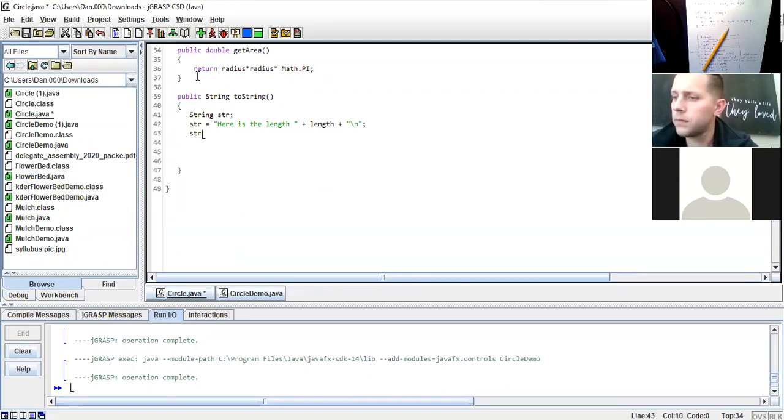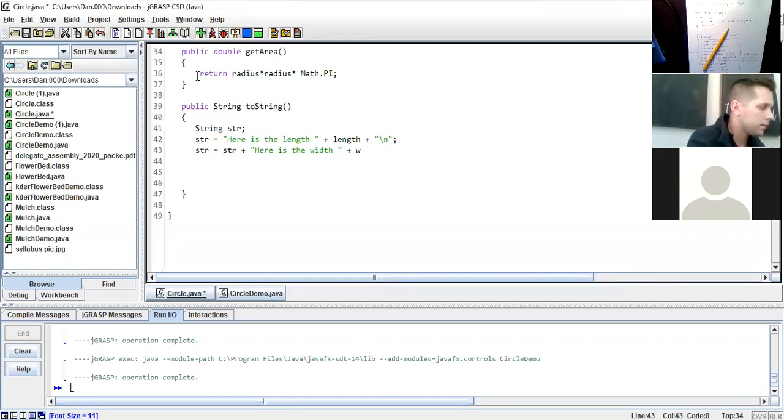Now I'm going to do str equals str plus, here is the width, double quote, space, plus width, plus double quote backslash n. I'm going to do one more, str equals str plus,